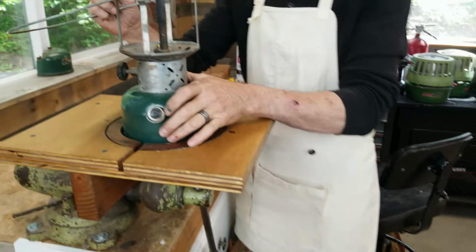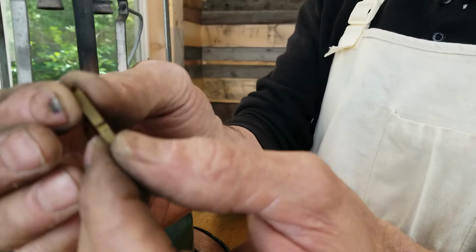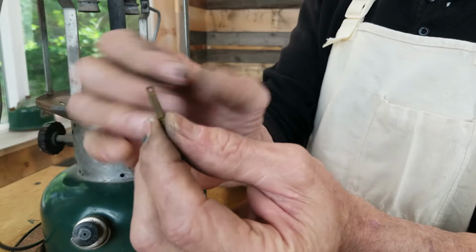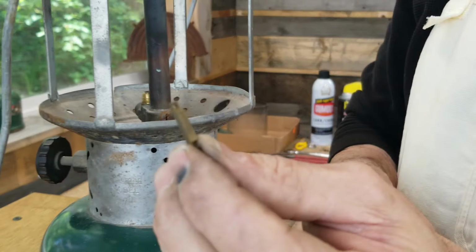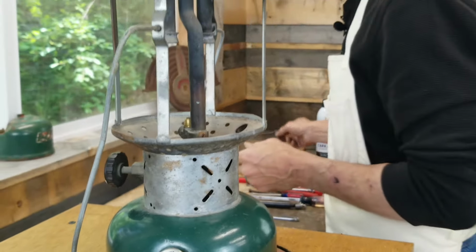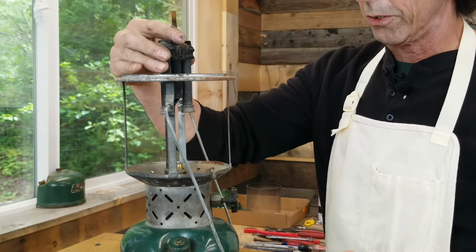And that's your eccentric block. That rod sits in that little slot, and that's where your generator tip cleaner rod goes into. So put that down there. Okay, next thing we're going to do is